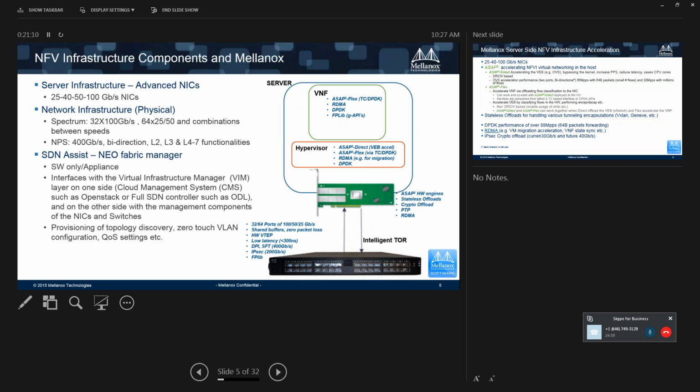So that's for the ASAP Square Direct, which is actually the virtual edge bridge acceleration. This version of OVS offload, or ASAP Square, relies on SR-IOV, on virtual functions. That's why, by the way, we call it ASAP Square Direct. In OpenStack, the direct port is a synonym to a virtual function, to an SR-IOV base. And there are some